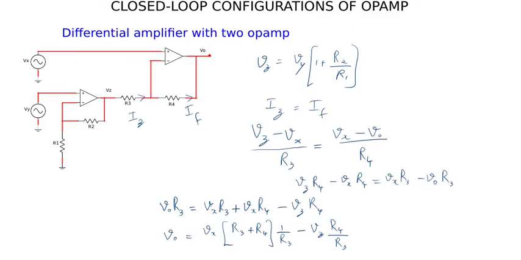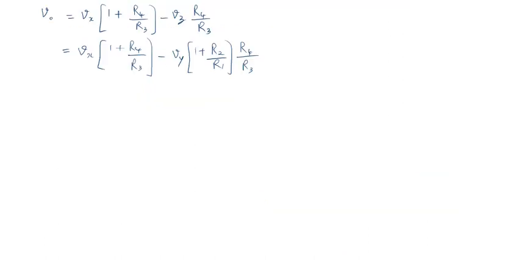So that's it. And in this moment we do a substitution. So the substitution goes like this. We are going to make this resistance equal to this resistance and this resistance equal to this resistance. So our R3 is going to be R2 and our R4 is going to be R1. So we are going to do that substitution. R3 is equal to R2 and our R4 is equal to R1. So let's substitute it and find out what we get.